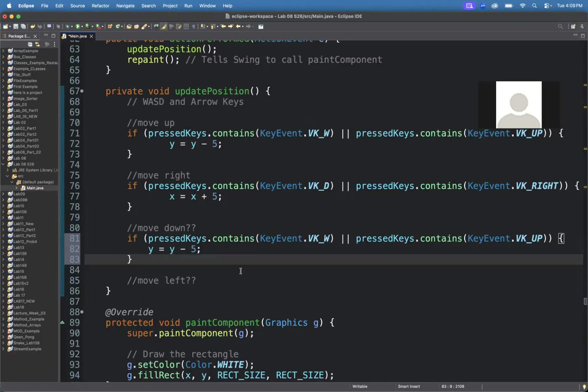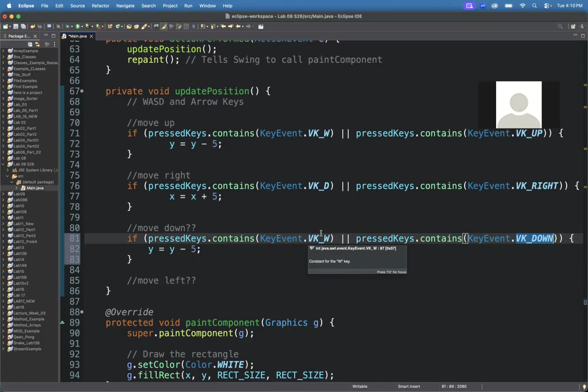So what do we have to change? Well, what keys are we going to use? Well, first of all, it's not the up key. It should be the down key, which you can guess at the name just based on what you see here. And then if we're using WASD or up, down, left, right, what key should be down? I think it should be the S key. So now I'm detecting the S key or the down key. And if I run this,